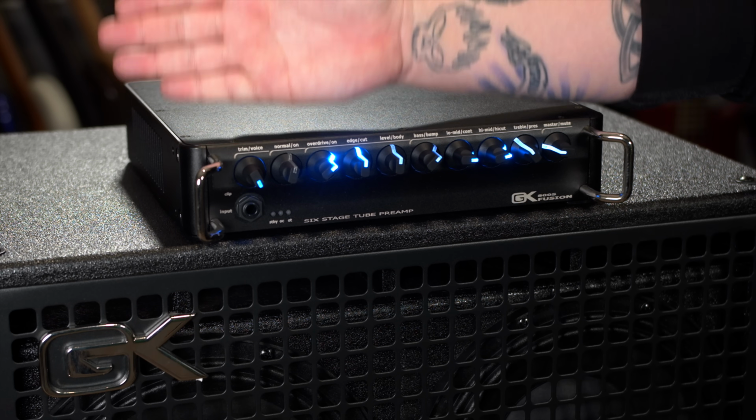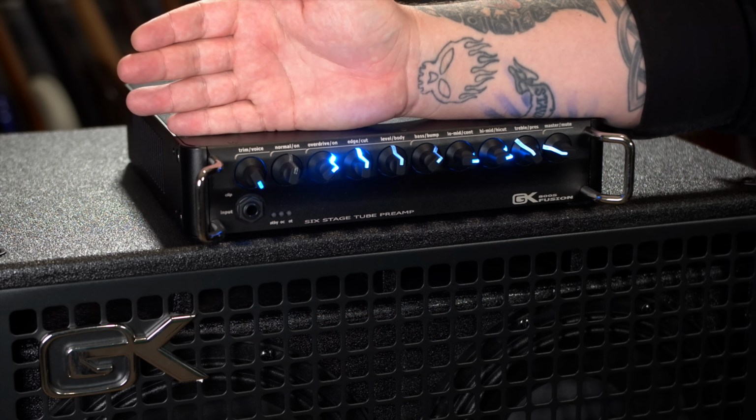I think this amp does a pretty good job at just about everything we threw at it, with all of its versatility in those voices, the 4-band, the overdrive, the tube preamp. This isn't really an amp that gets talked about a lot in the metal sense. There's a couple other brands that do. And I think this GK amp, while its forte has always kind of been in the clean hi-fi thing, and it does that really well,